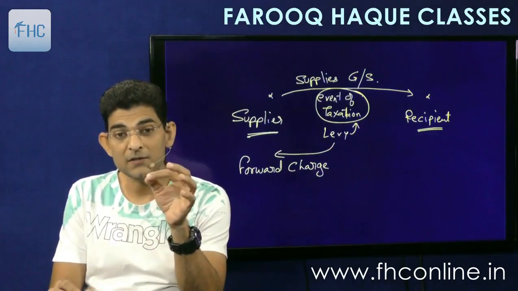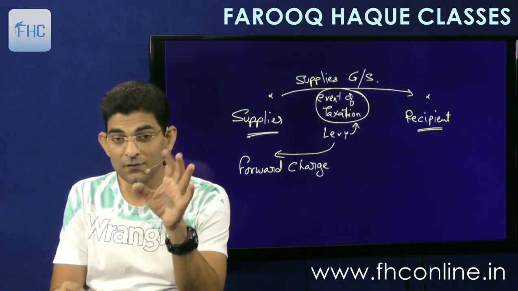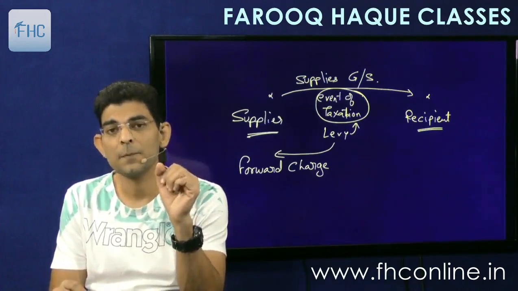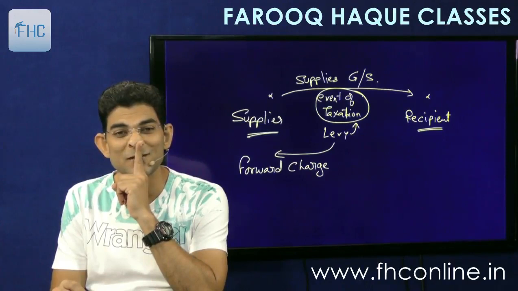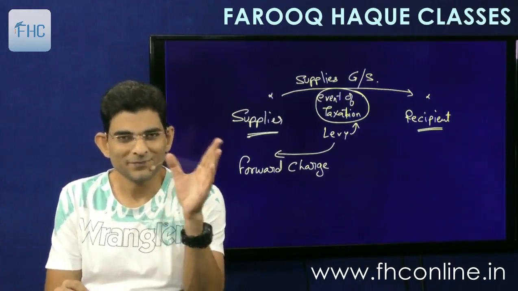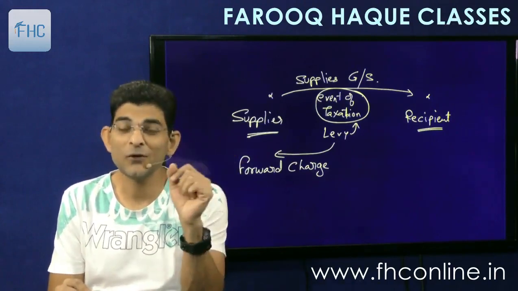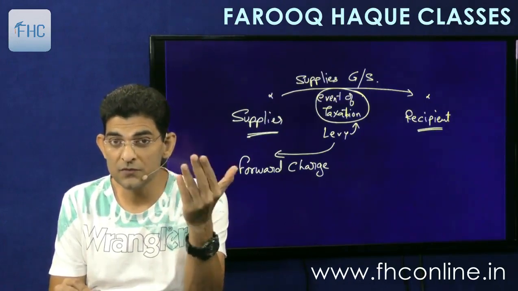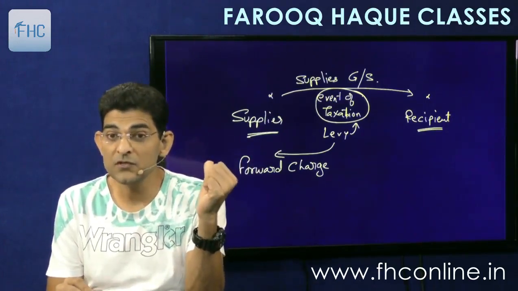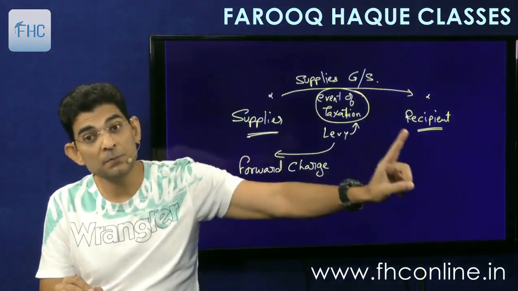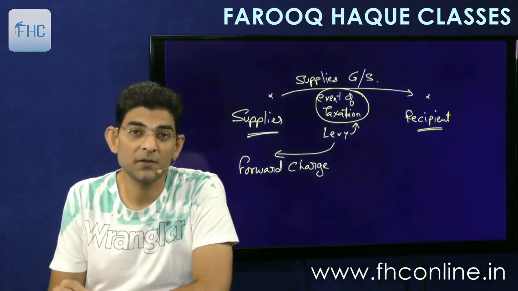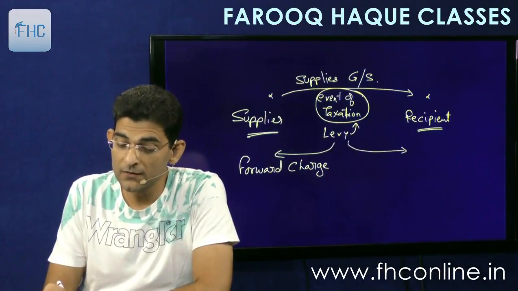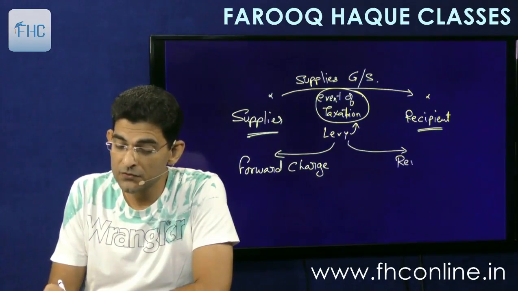Then there is a mechanism called reverse charge. In a few cases, not all cases, in defined cases, we'll see later on, I was not going to refer to sections, so forget that. We'll see the provisions later on, which will say that in some few cases of supply of goods or service or both, instead of the supplier, the recipient will be liable to pay tax to the government. So if the levy is on the recipient, then that is called a reverse charge.